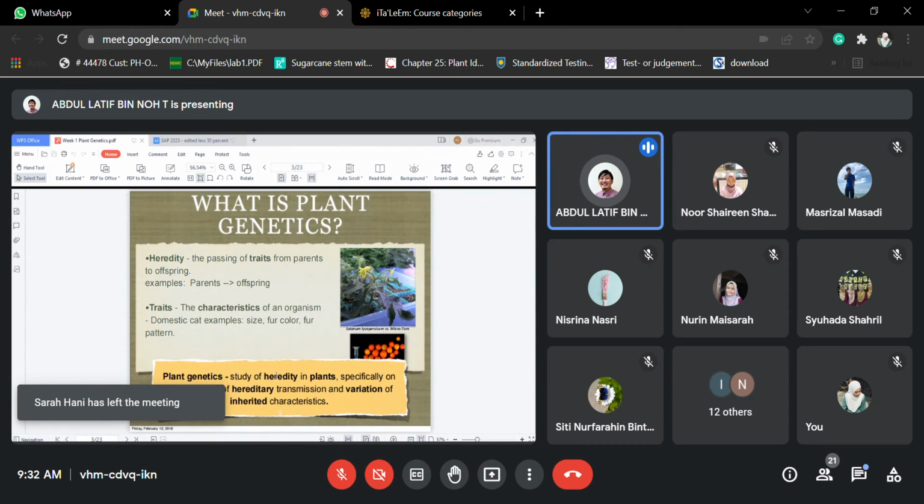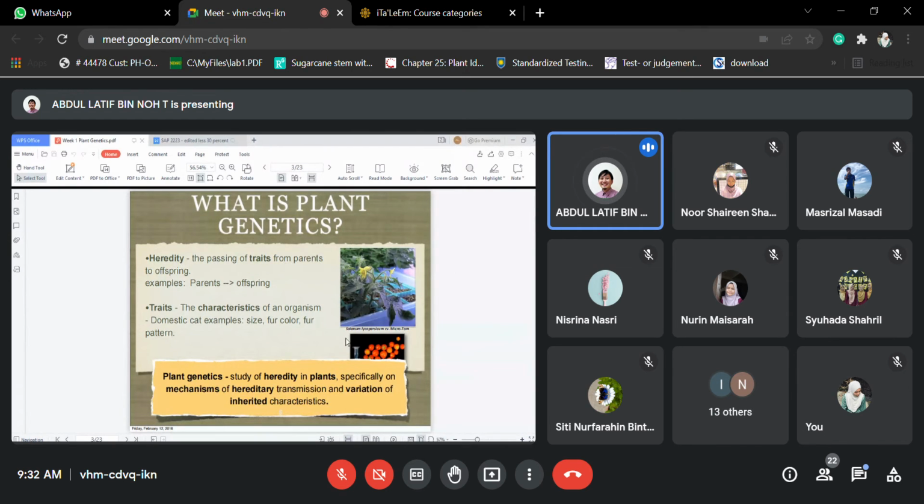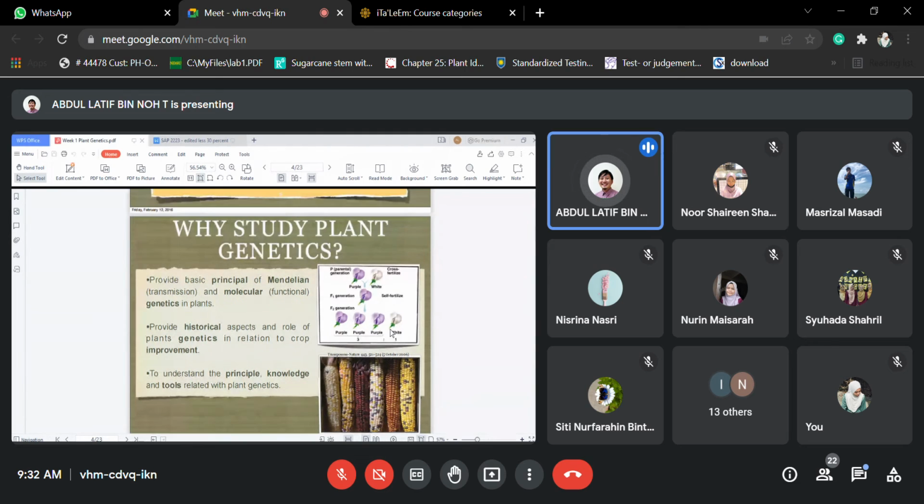So plant genetics is study of heredity in plants, specifically on the mechanism of heredity, transmission, variation of inheritance characteristics. So this is what we will study in this particular course sebenarnya in general lah, right? So the next one, I think you guys know about this. Why study plant genetics, right? So provide basic principles for Mendelian, right? Transmission and molecular functional genetics, right? So this is the CLO just now, right? Provide historical aspect and role of plant genetics in relation to crop improvement. All right. So I believe you guys know